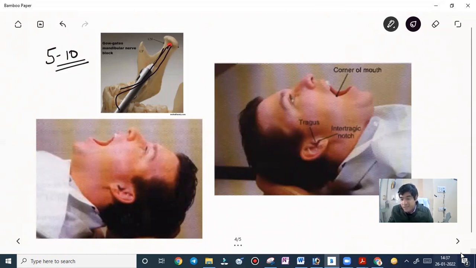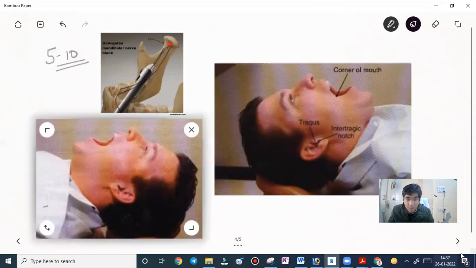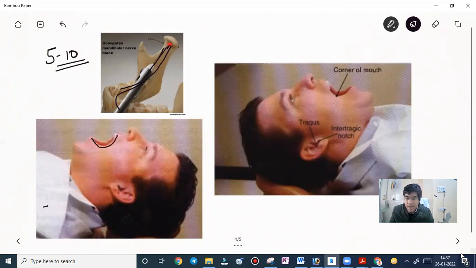So what is the technique? The patient is placed in the supine region. The patient have to keep open mouth wide and remain in that position until the injection is completed. So what we have to remember is Gow Gate technique. Gow Gate technique require patient mouth to be wide open. Yes, that is true. And where we have to deposit the local anesthesia, we will deposit